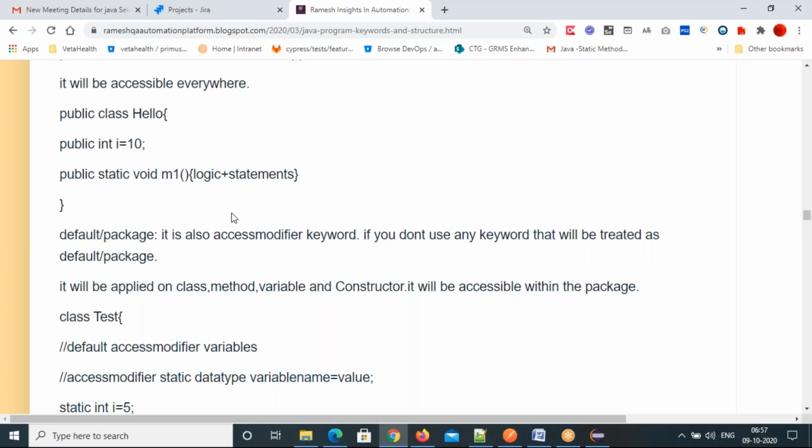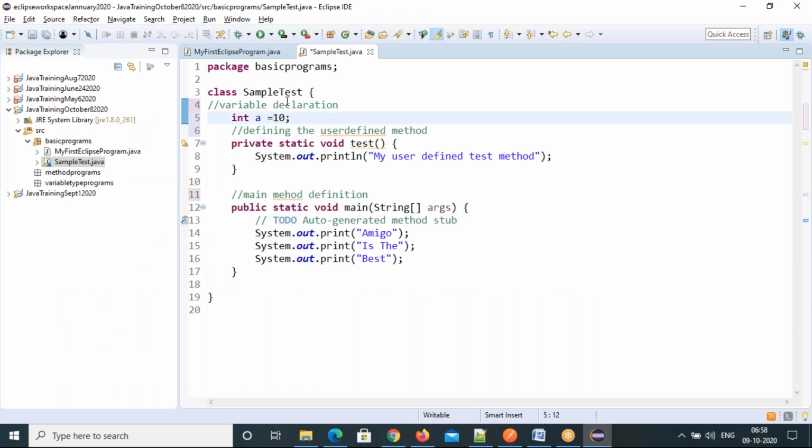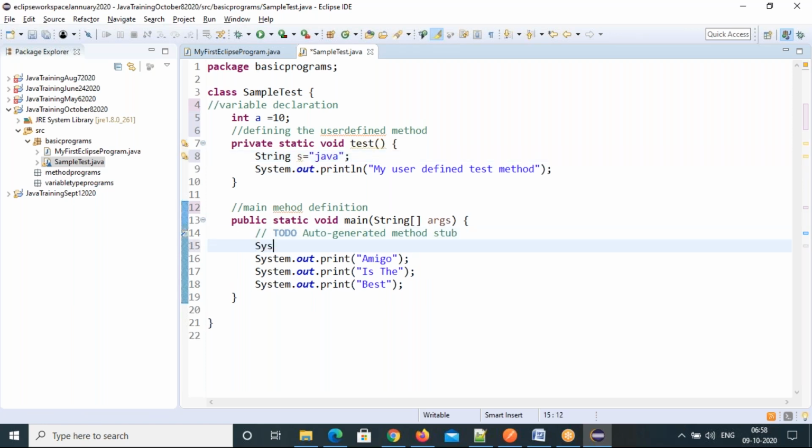Ramesh, do we need to define the variable outside the main or should it be inside the main? It's up to you. You can define outside the main method, above all the methods, and inside the method also you can define. If it's defined outside the main, can I use that variable's value inside the main?